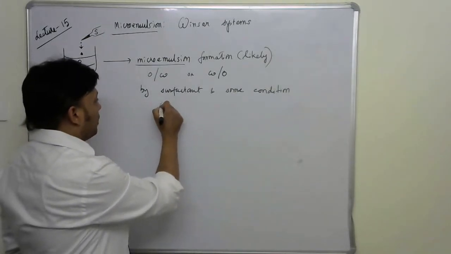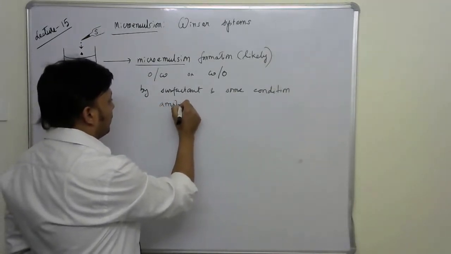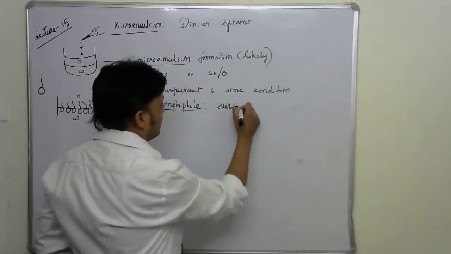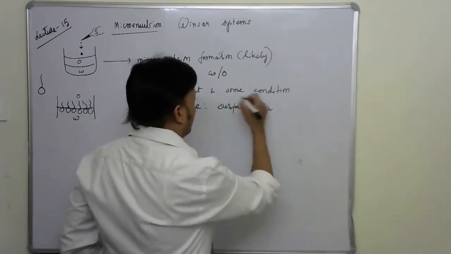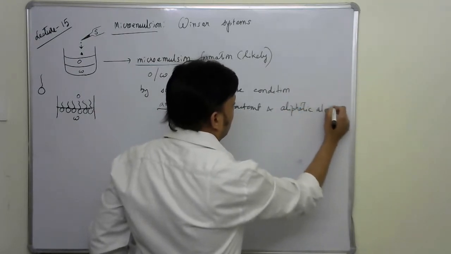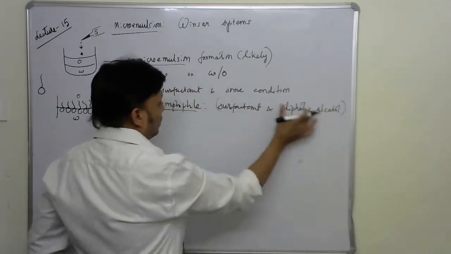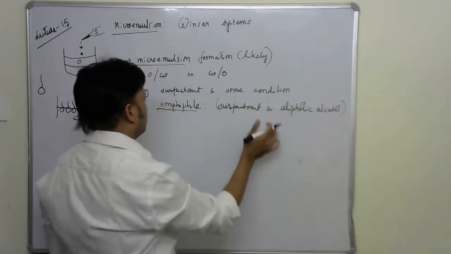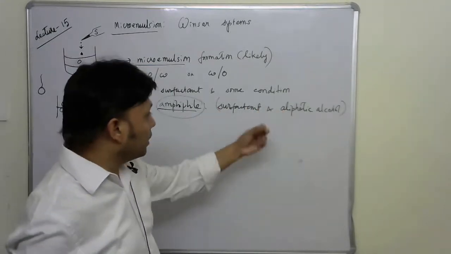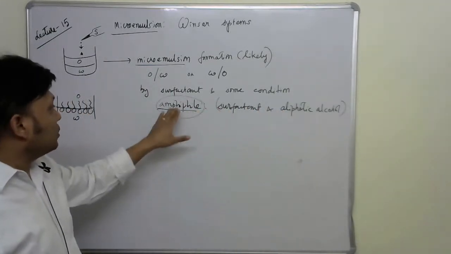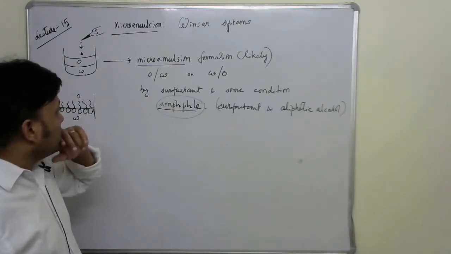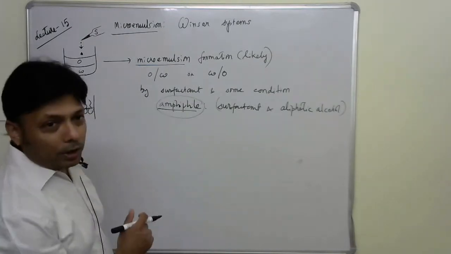The word amphiphile means the surfactant, and if we add some aliphatic alcohol also, the surfactant and the alcohol together form an emulsifying agent, and that is known as amphiphile. So therefore, the question is how to predict